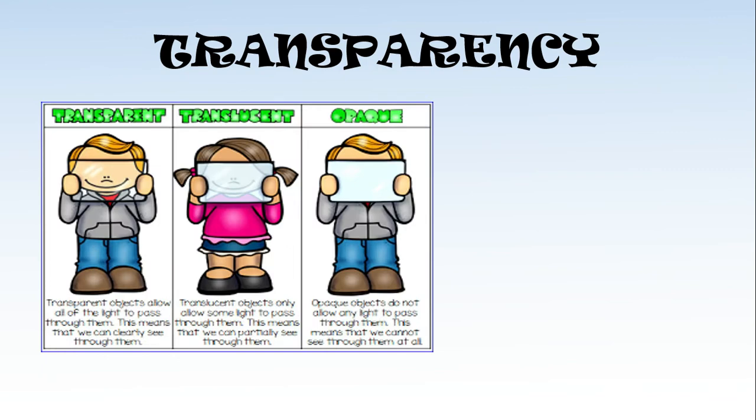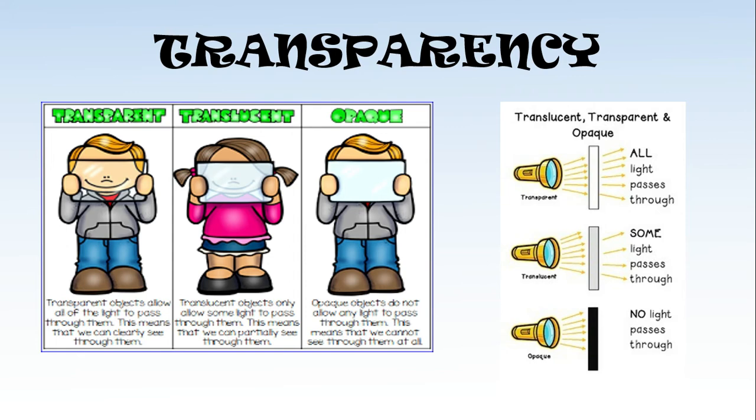Now comes the next property, that is transparency. What is transparency? Transparency is the ability to see through a material, and under this we categorize three main properties: transparent, translucent and opaque. As you can see in the translucent example, we can see the face of the ball. In translucent, we use a material through which we cannot see clearly but only partially, and we call this material translucent. And in opaque material we cannot see the face of the other material, what is present behind it. Now let us see the behavior towards light.